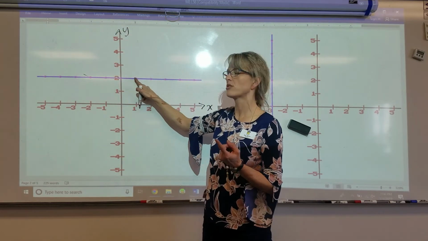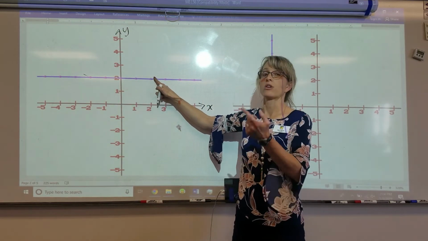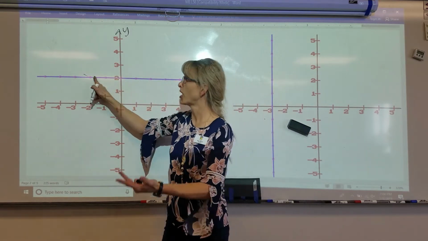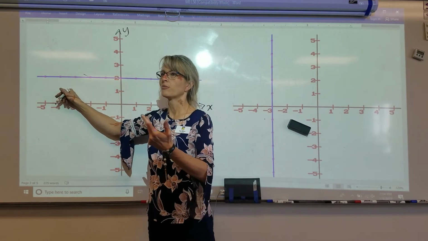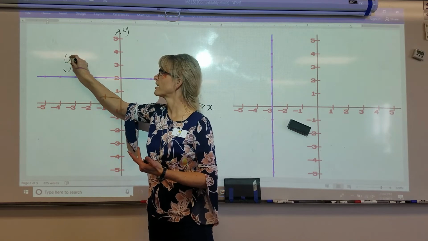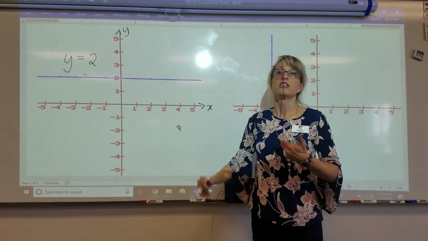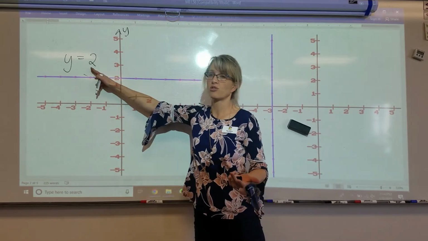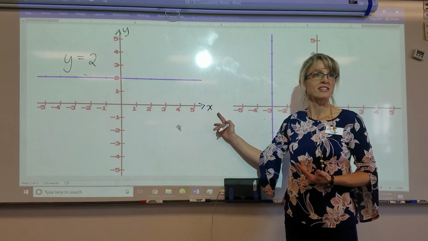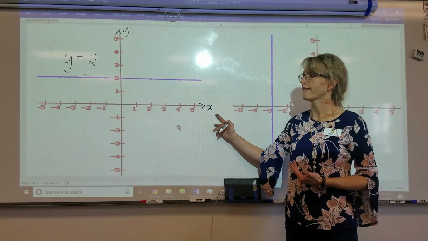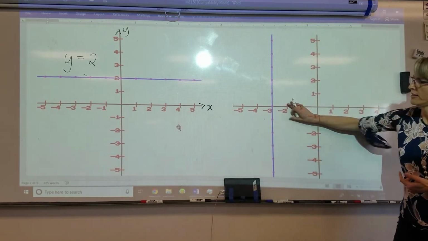In fact, y is 2. Y is still 2, y is 2. Make that a math sentence. Y is 2. That's the equation of a horizontal line, depending on where it's at. It's just y. There's no x's. It never hits the x-axis. Okay? All right, a vertical line, again,